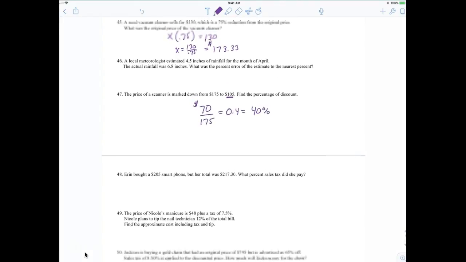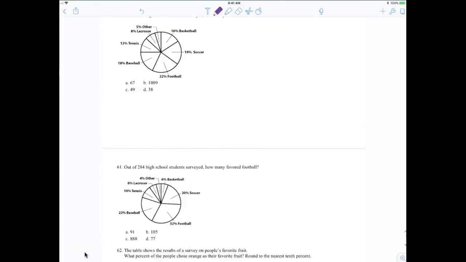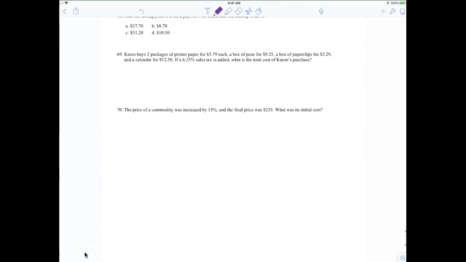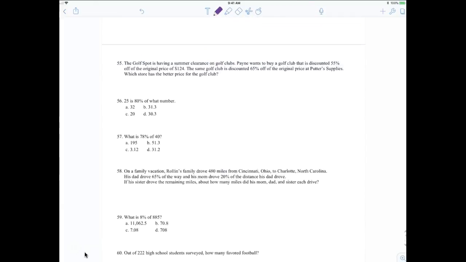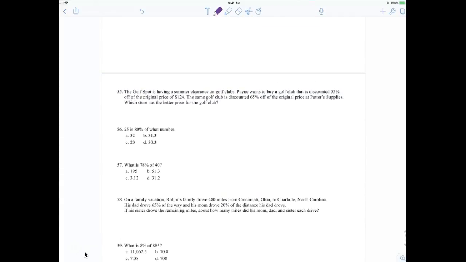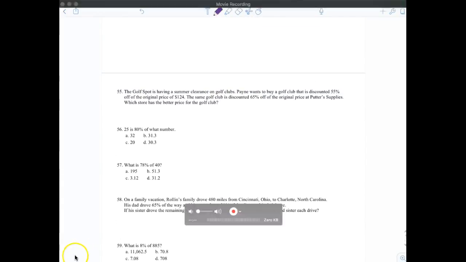Okay? Now I'm trying to look real quick. I think the problems pretty much repeat now. So what I'm going to do is, I also put the answer key on there for you. At the very bottom, I want everybody to look at that. All right, because what I want to do